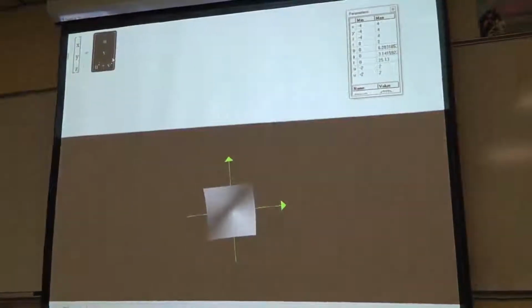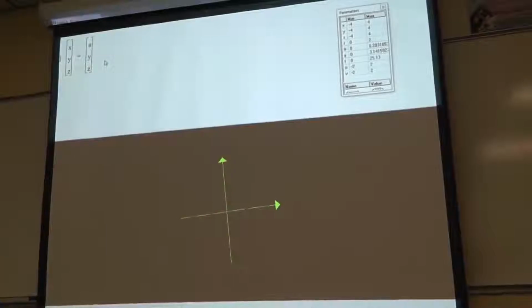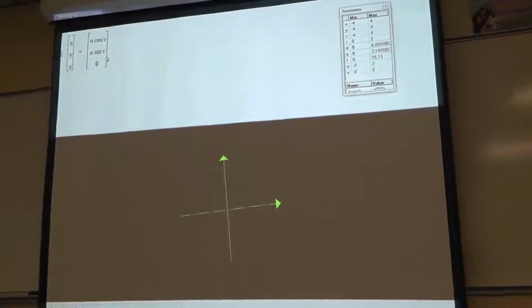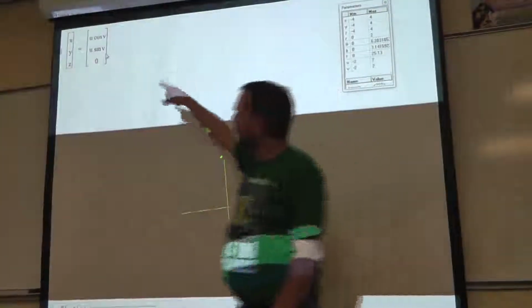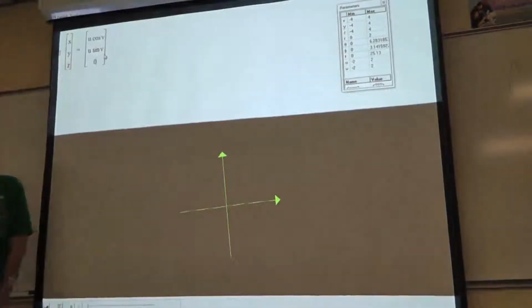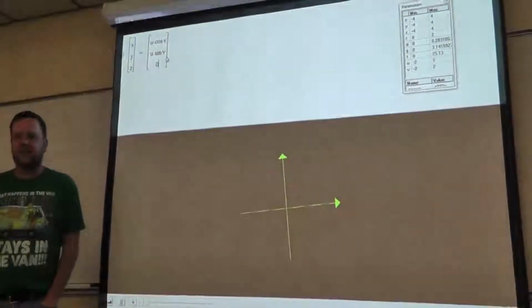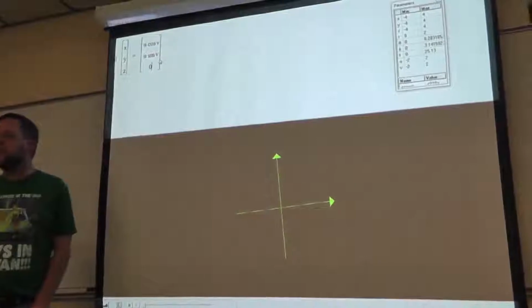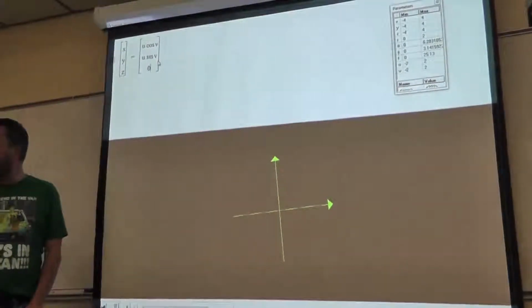Okay, so let me delete this, make a 3 vector. Let's do this pairing. At first I'm just going to let z equal 0. U cosine v, U sine v. I want you to think r cosine theta, r sine theta. I'm just using the variables u and v in place of polar r and polar theta.